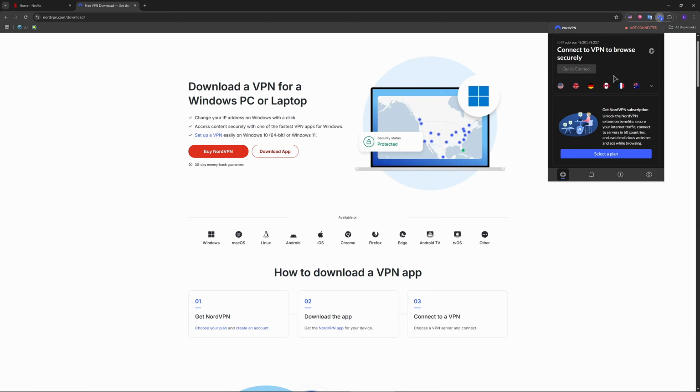So as you can see guys, the VPN is very easy to use. You just go to the servers, you choose the server that you wish to use. As far as I can see, there are no free servers available. Okay, that's a bummer, but that's fine. So just choose the server, then press on it, or just press on Quick Connect. It will find the quickest server that is closest to you with the best connection, and you will be automatically